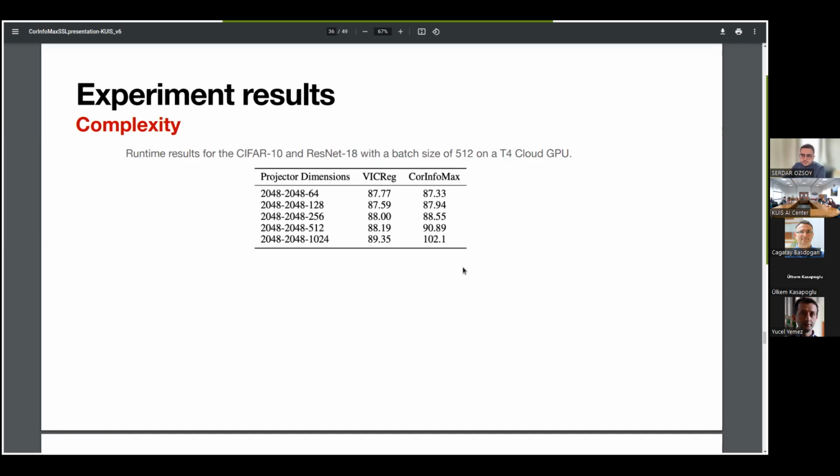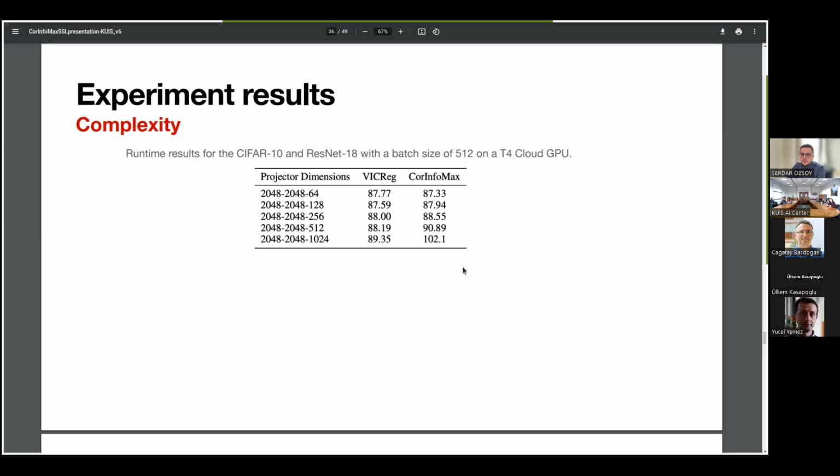Another concern that was possibly raised during our approach is this log determinant operation in the loss function and how that might impact the complexity of the approach. So what we did is we also ran different experiments on different projector dimensions, to see how much increasing the dimension of the last projector layer affects the computation complexity.